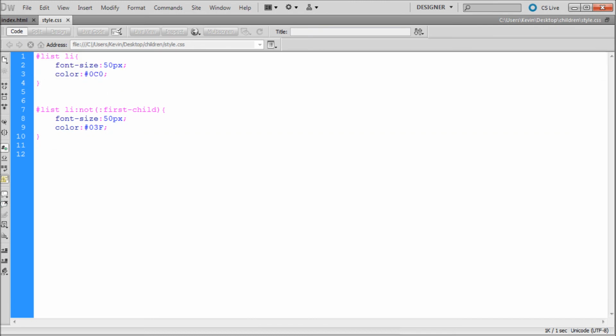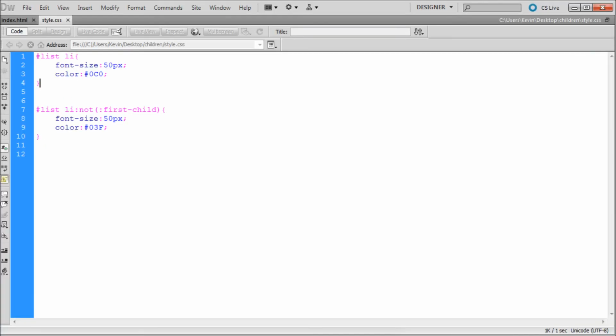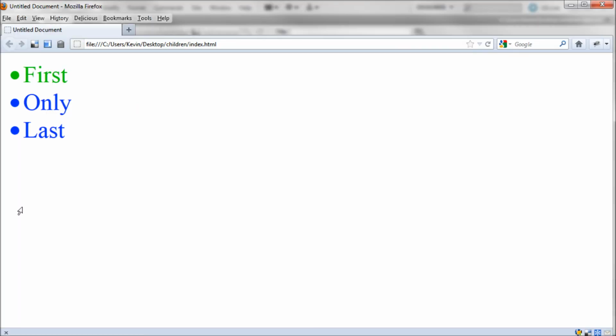So if we hit save and we go over and refresh this, it'll bring back all of them, and you can see that everything else is blue except the first child. So it's basically saying no blue for you, first child, but there is blue for everything else. So you can really combine that not selector with a couple of other ones in order to get some pretty cool results. You're probably not going to be coloring lists,